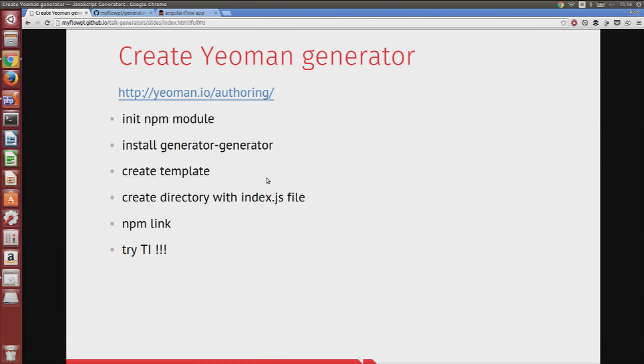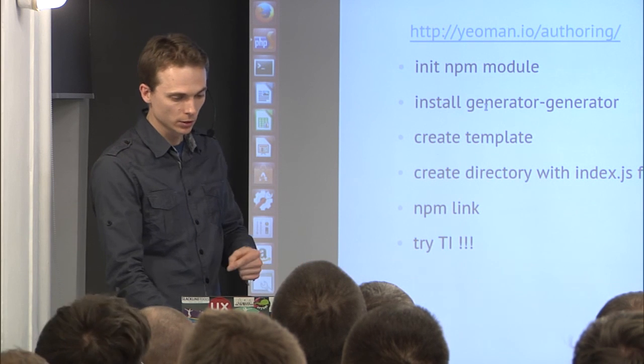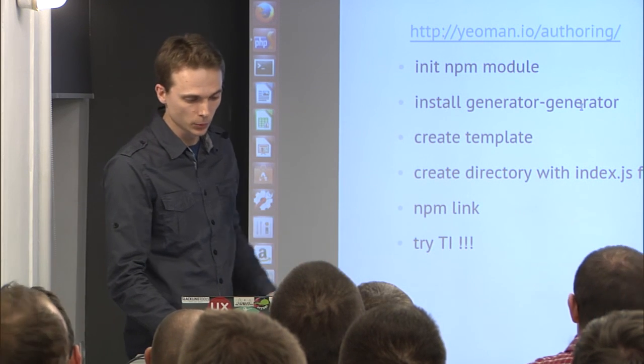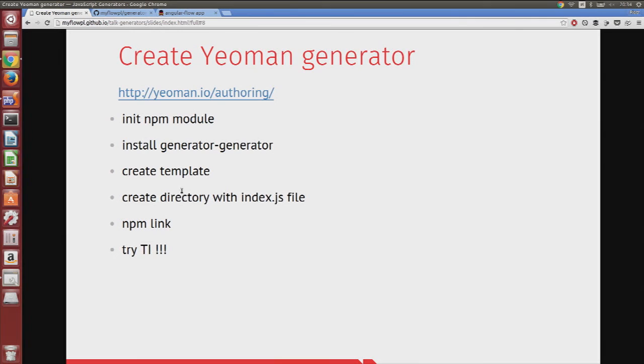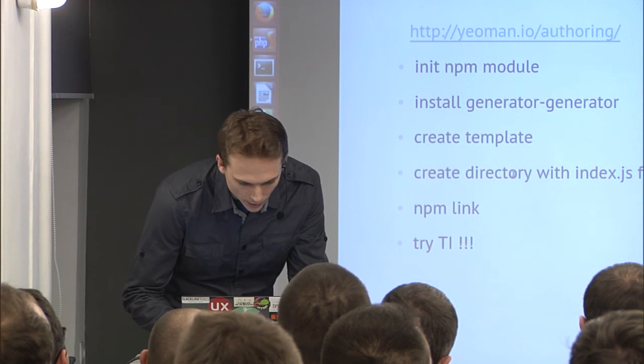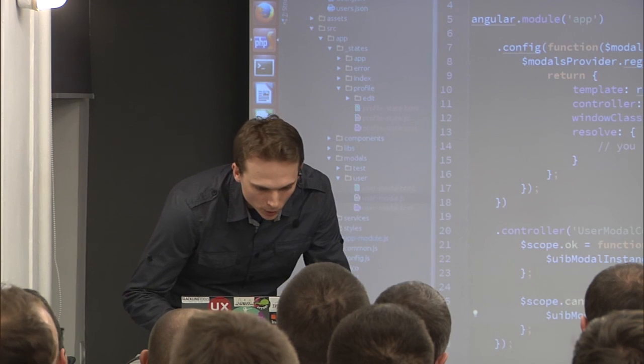Okay, how to create a Yeoman generator. It's as simple as just doing these steps. You just init your project. You have to create your package.json. You have to install the generator, or just put the generator inside the package. Create a template. Create a directory with this template and an index.js file, and I'm going to open this